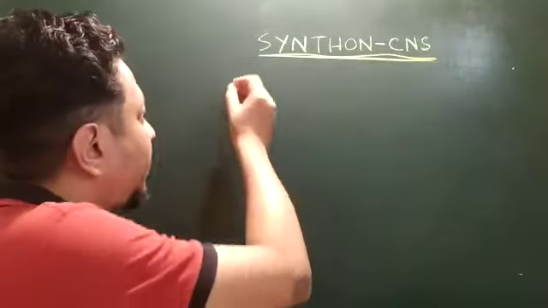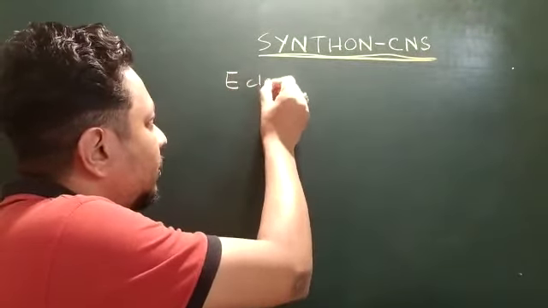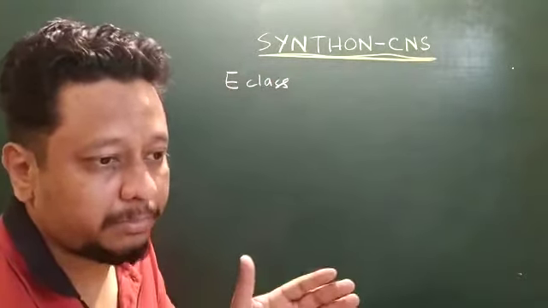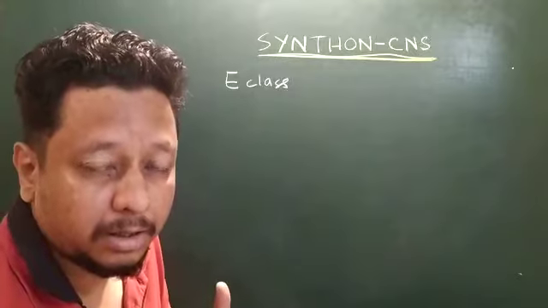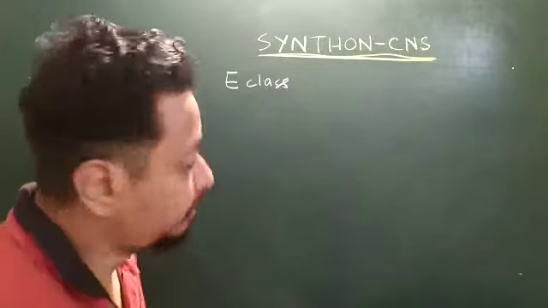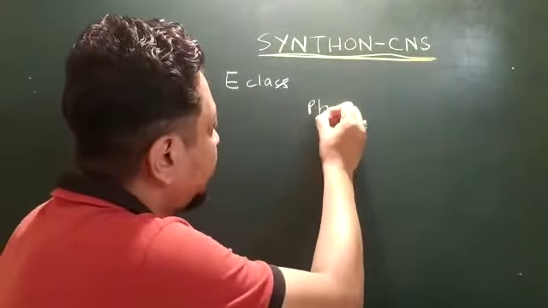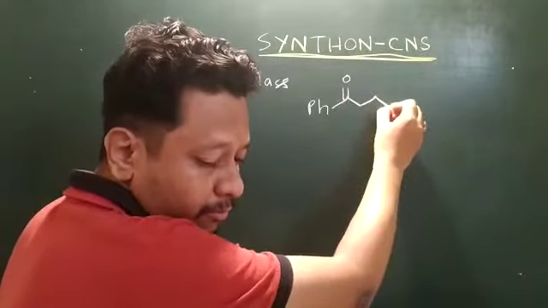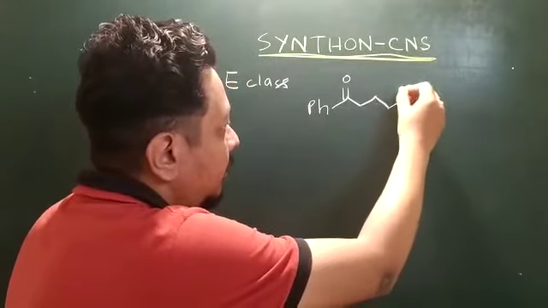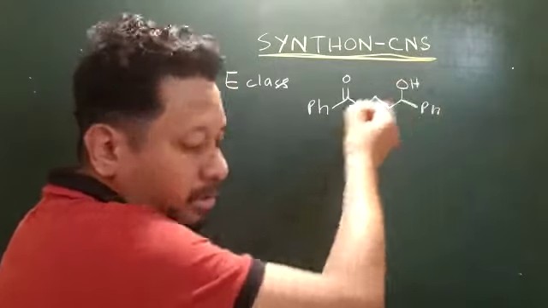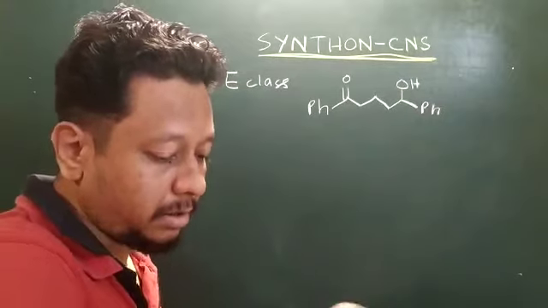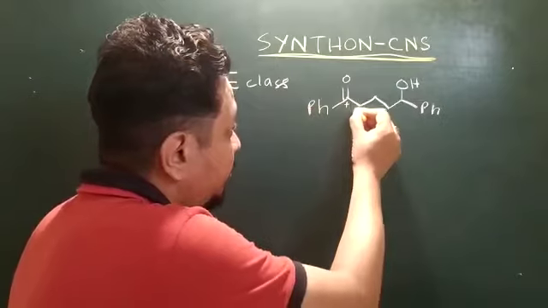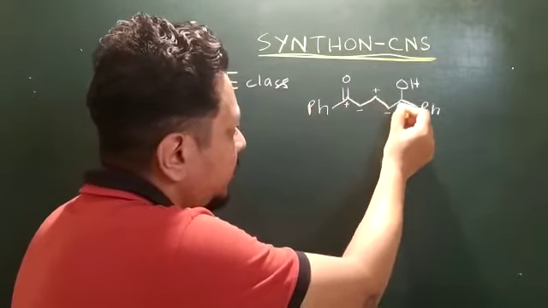Various functional groups, like of E class. Normally the method of disconnection of a bond takes place at the carbon which is attached to an E class functional group. Like for example, we have this structure, 1 2 3 4 5, and over here is OH. So if you see, you have an E class of these two, so this will be plus, this will be